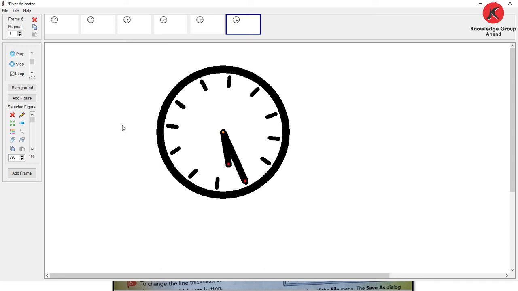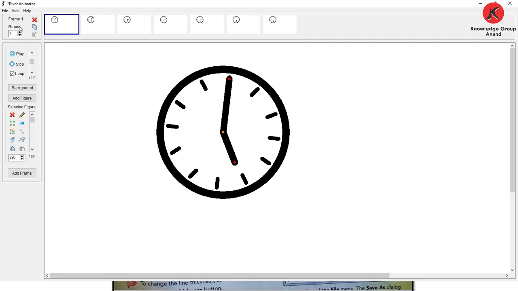Now next we can click on add frame here, and then the frame will be here, this size will be here, and it will be changing a little bit. Same way you can add figures. Now we want to play it, so click on play, like this. See. If you want to stop it, click here. Stop the first one, second one, third one. The first one should start from here. Now click here, play. Okay, stop it. So this way we can do animation.